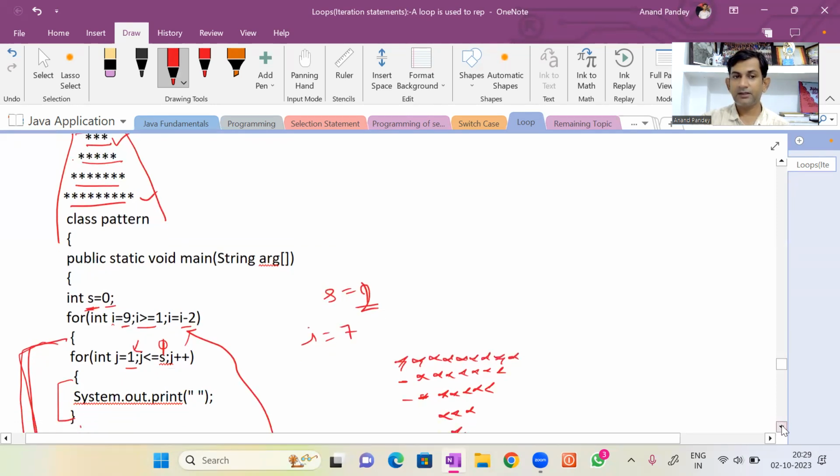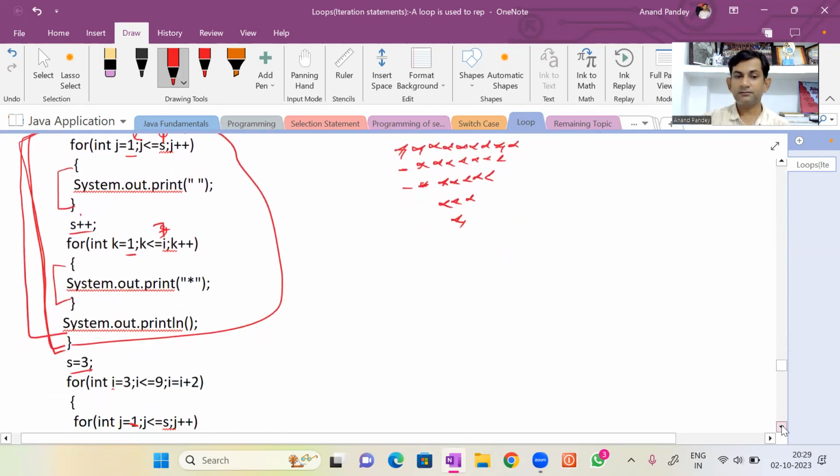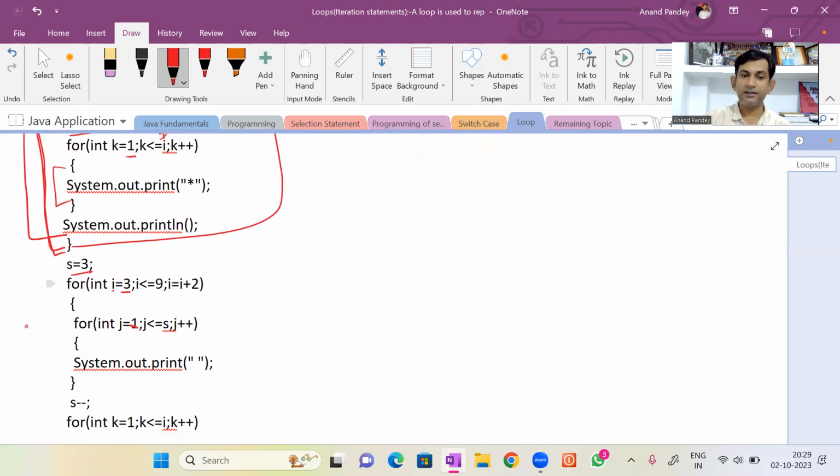Okay, can you see? So here I have started I from 3, and 3, 5, 7, and we are going up to 9 stars. So 3 to 9, and I equal to I plus 2 because there is an increment of 2 after each row. So this above part, up to this, what we have printed, this we have already printed: 9 stars,